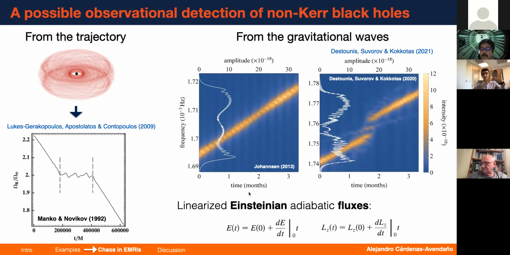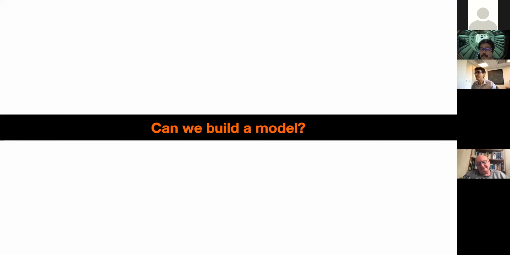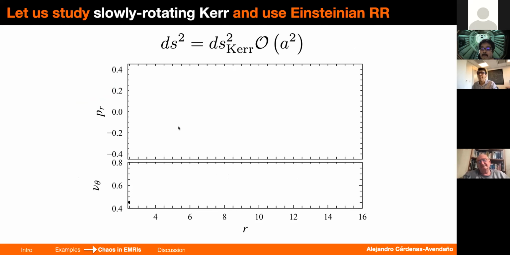Okay, so let me just summarize so far what I have just said: we can go from the trajectory, we can study phase space, we understand more or less what are the features of chaos, at least in phase space. Now the question is, this is observable, and then these people say, yes, it might be observable if you can see this in the gravitational wave, and perhaps it's a glitch. So as was said in the previous talk by Constantino, if you want to really capture features, you need a model. And then the question is, can we build a model?